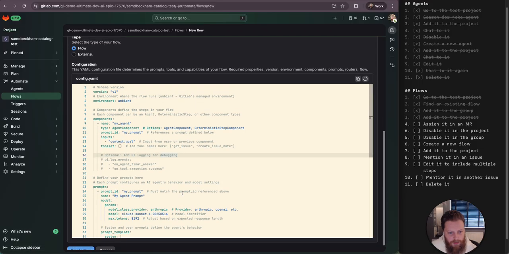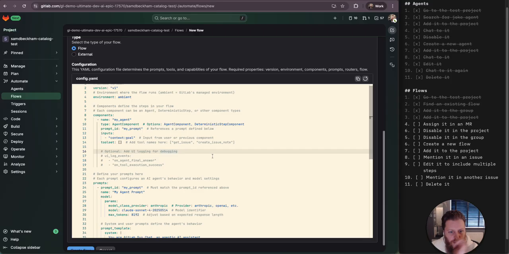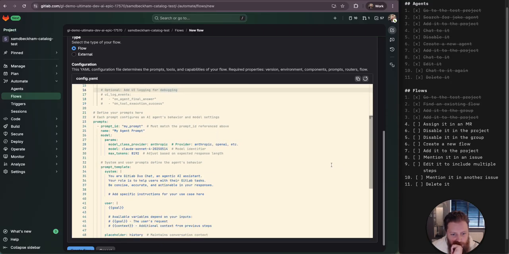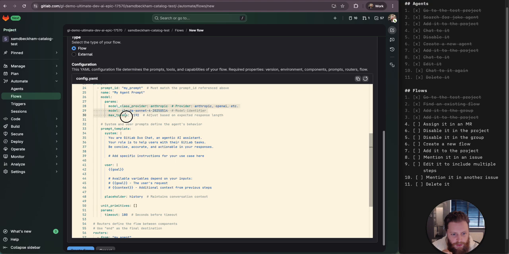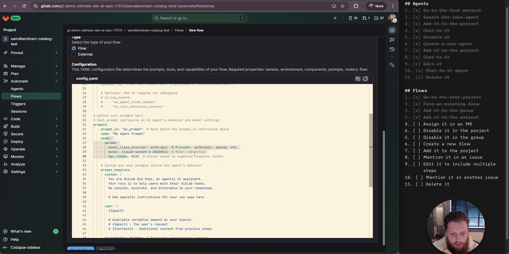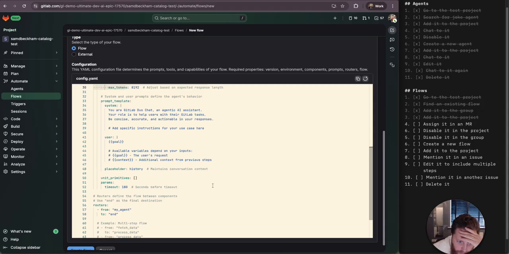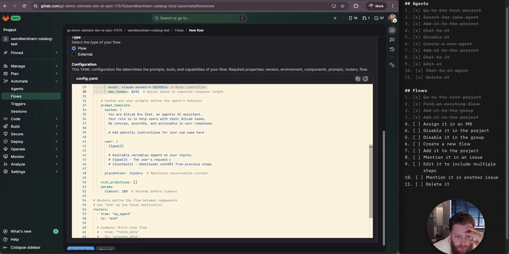Let's see what it does. Yeah, it creates a component, sets a model. This is coming out because you can set the model here, but it's actually overridden by settings. Just FYI, I guess. So prompt over your GitLab Duo chat and